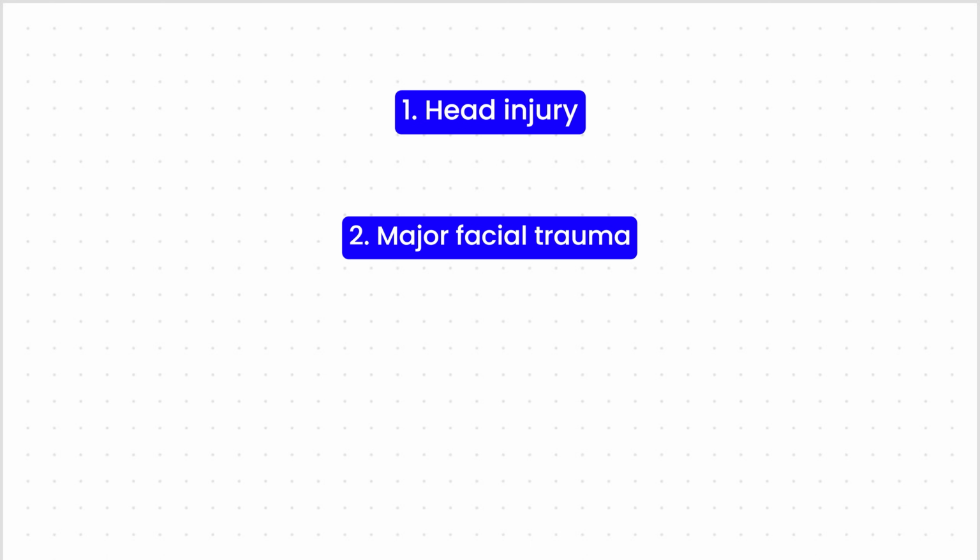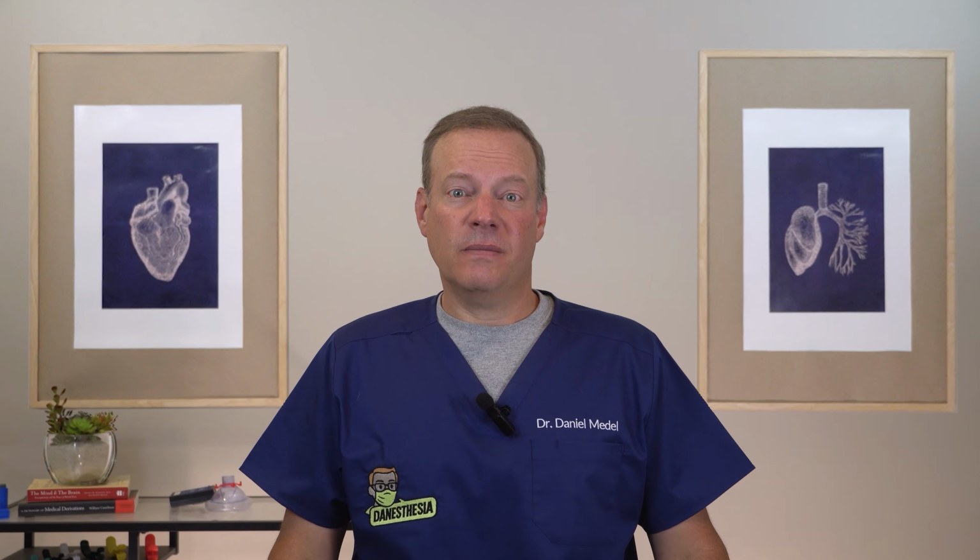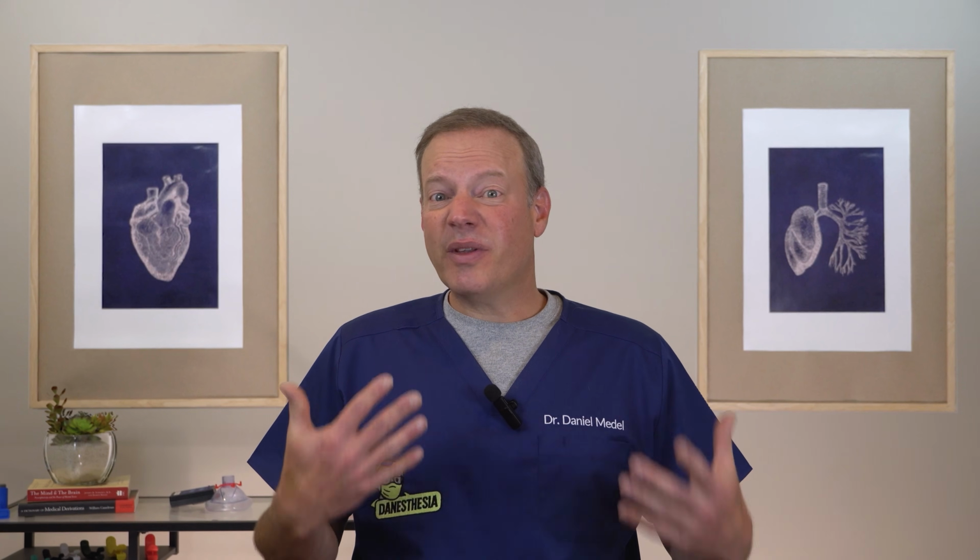Second, there was major facial trauma. Losing a couple of teeth isn't just a beauty issue. Broken teeth can become airway foreign bodies, and blood pooling in the mouth not only makes it harder to breathe, but if we have to place a breathing tube, it makes it harder for us to see what we're doing in there.